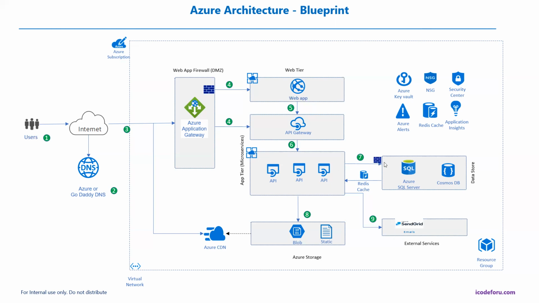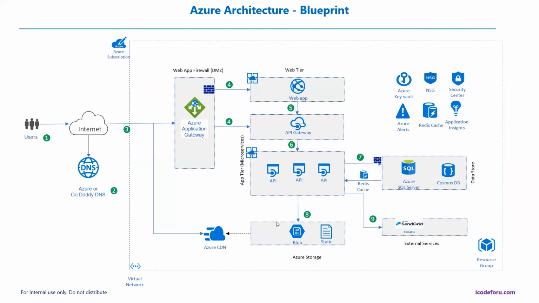Now, my app tier is talking to the database tier. In the database tier, I have the Azure SQL Server relational database, and I'm also having Cosmos DB for NoSQL database purposes. And then the Redis cache for improving performance. Some of the static data or data which is heavy, taking high performance, will be loaded through the Redis cache. On the other hand, I have the Azure storage account for managing my documents. So that will be placed in a separate subnet.